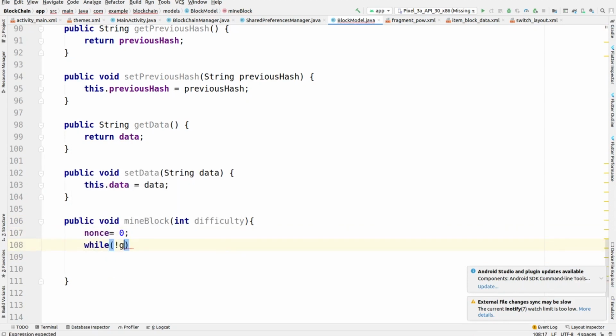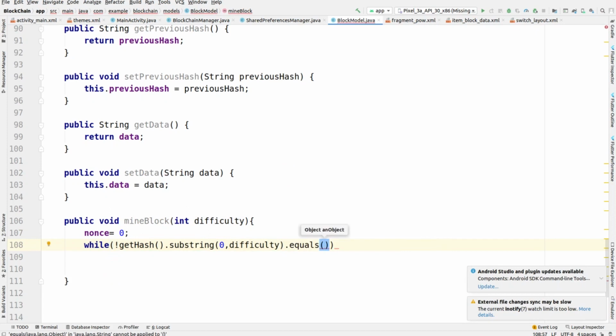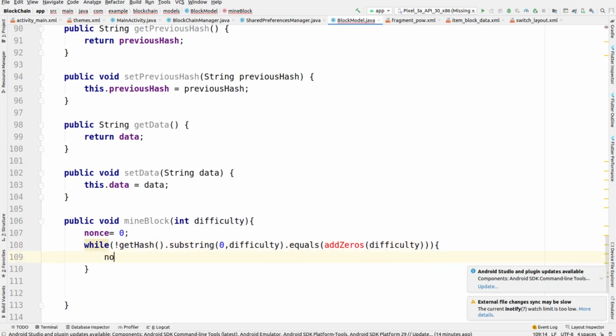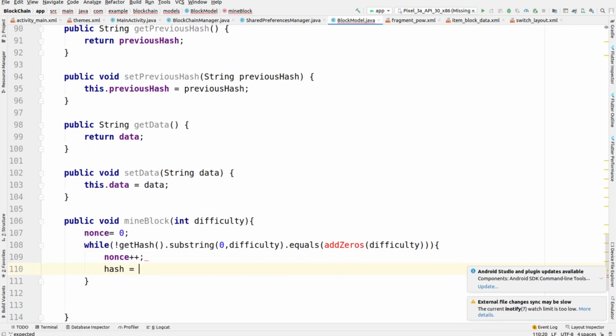Nonce value is 0, and then we are using a while loop and taking getHash.substring from 0 to difficulty, and checking equals addZeros that we have to make here. And then we are just passing the difficulty here. We are just checking the equality of the substring of getHash with addZeros(difficulty).